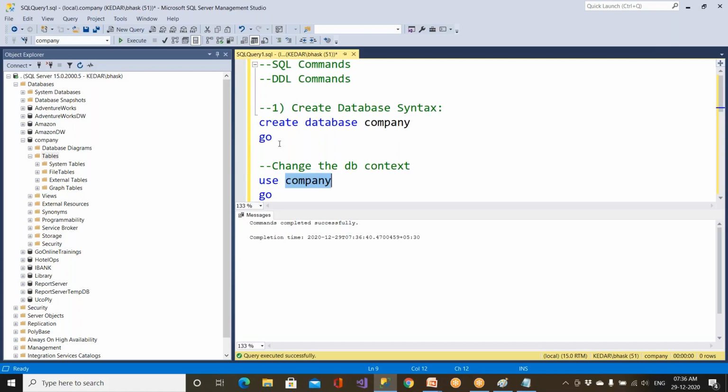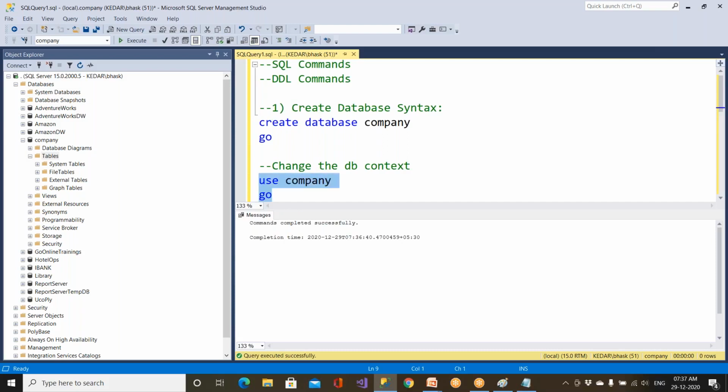I told you I wanted to use this database and put the tables into the database. For example, you have 10 boxes, right? You have created 10 boxes, and in one of the boxes you wanted to place the cake. How do you tell your kid? Go to that box and place the cake there. So I'm saying use this database and place the tables there. Clear?